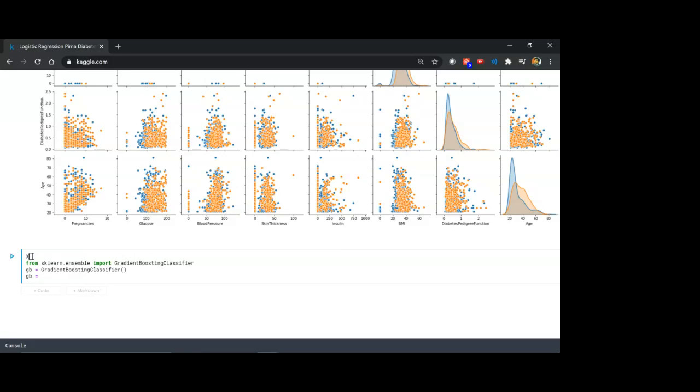What I'm trying to convey is that even the feature relationships will interestingly convey this whole thing to you. So demo.drop, and you can drop your outcome variable with axis equal to 1, and y is equal to demo of the outcome variable. Straightforward. And here straight away gb.fit(X, y) and gb.feature_importances_. We can look at feature importances. Now, if you run this piece of code,